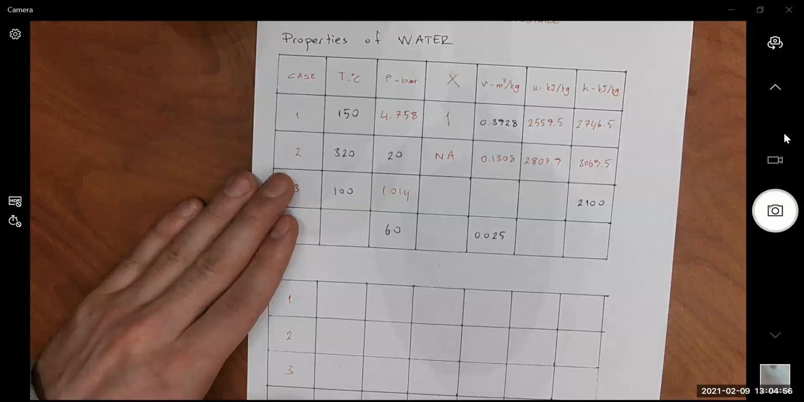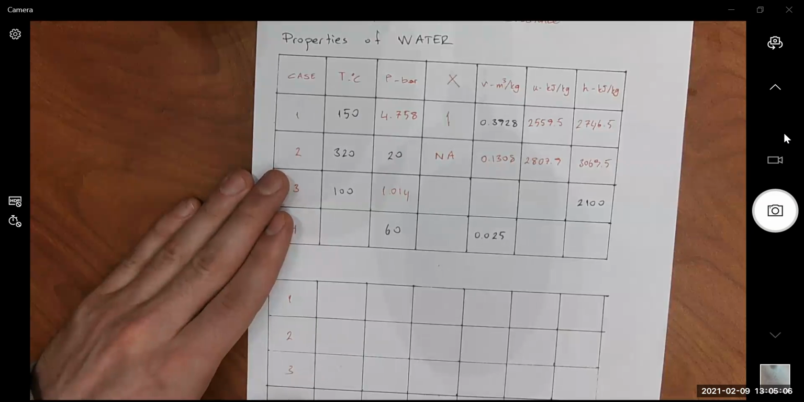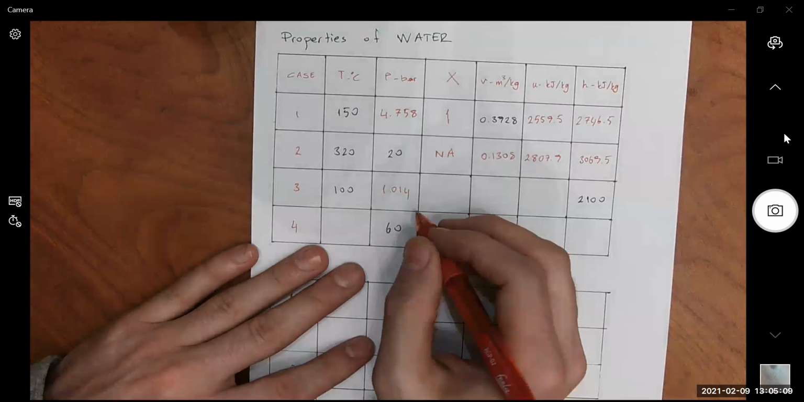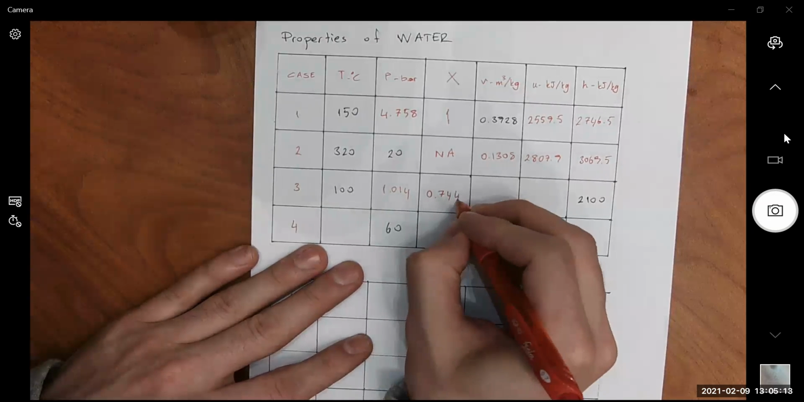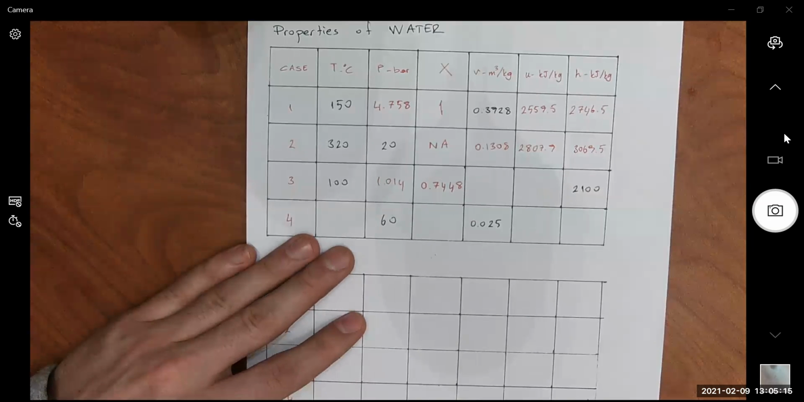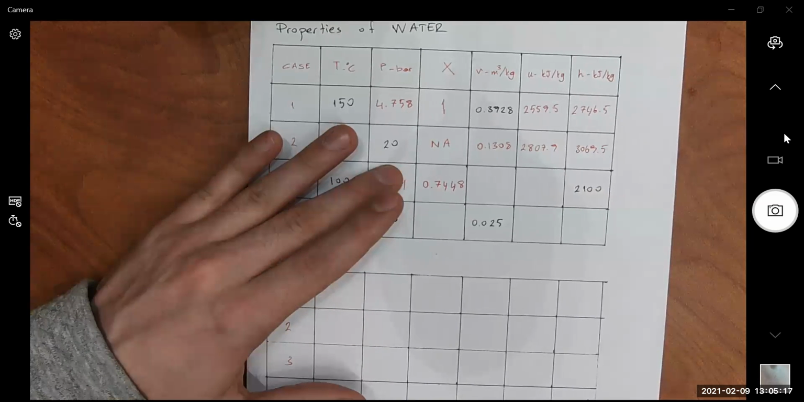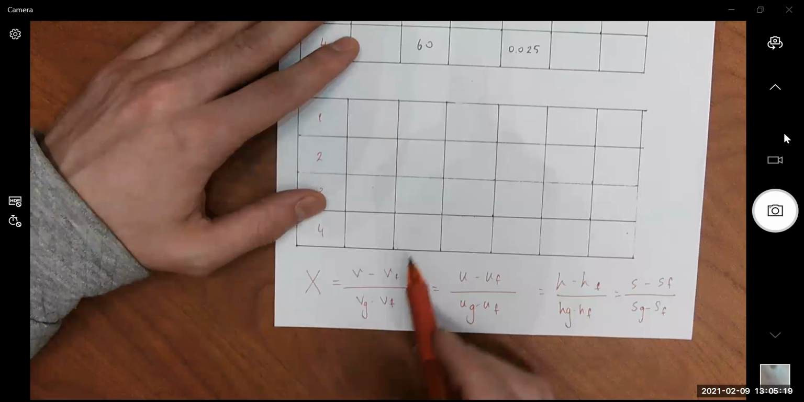(2,100) minus 419.04 divided by 2,257 to give you 0.7448. Okay. Once you find out your quality factor, from here,